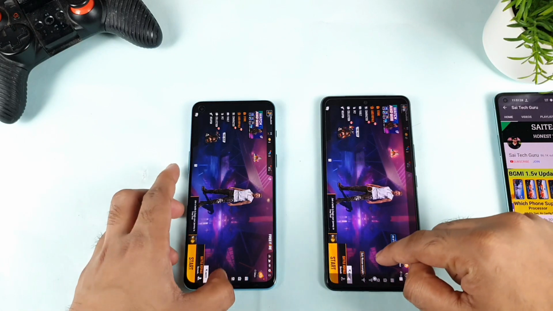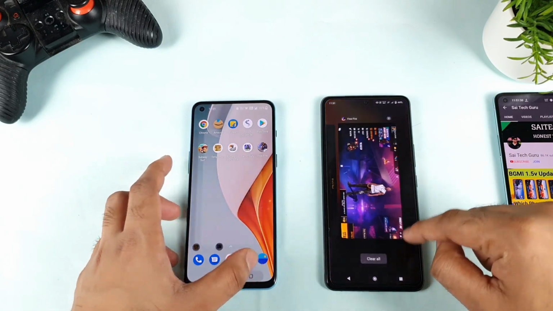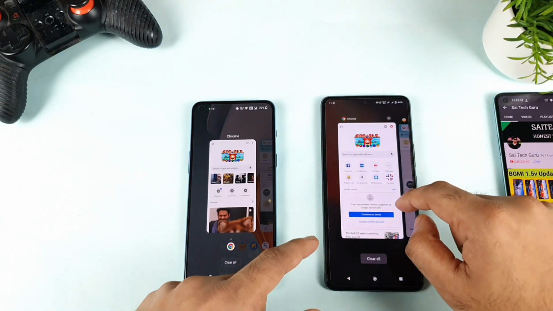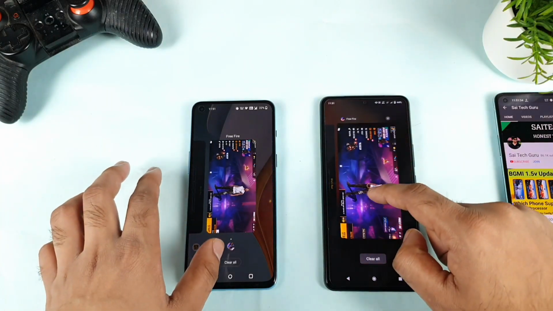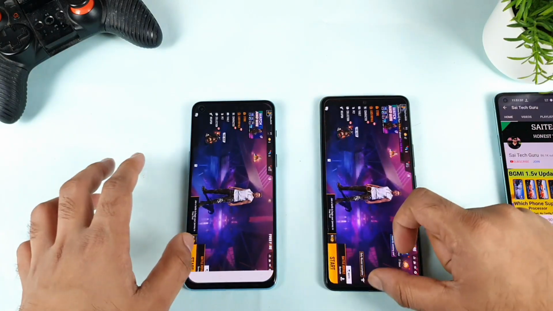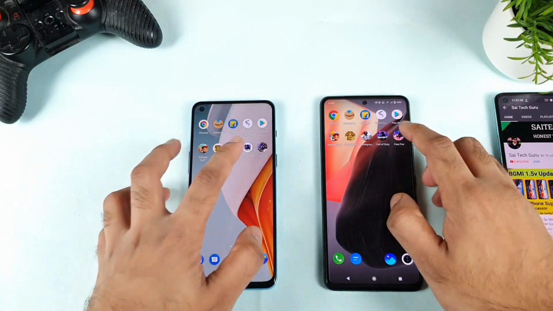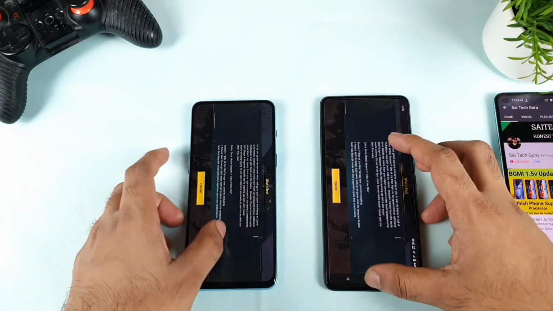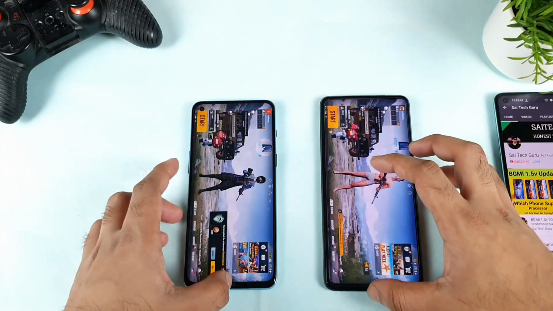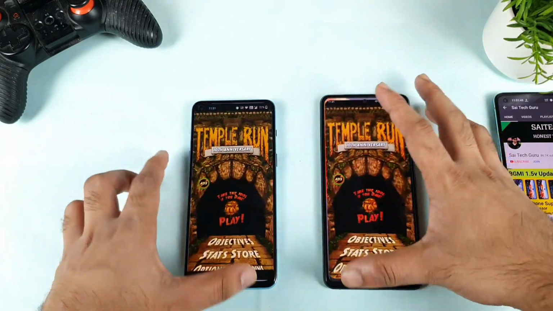So finally I did open all the 5 applications and 5 games between both phones, as you can see, everything starting from the Google Chrome application to the FIFA game. Not bad. Now let me come back from the back side. I just want to see how many games will be in the background RAM management. And here we go, 3 games and Temple Run.